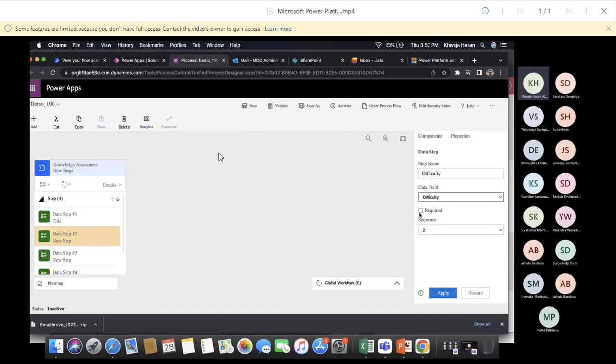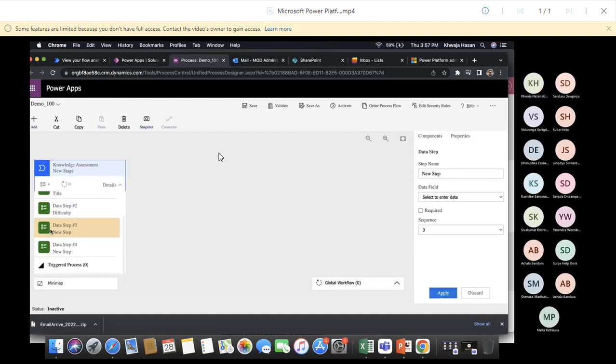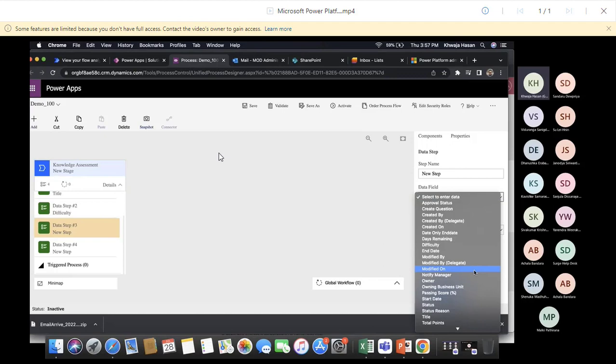Let's make it not required, or you can make it required. Apply. The second one is completed. For the third one, you can select any data type. Okay, you can select